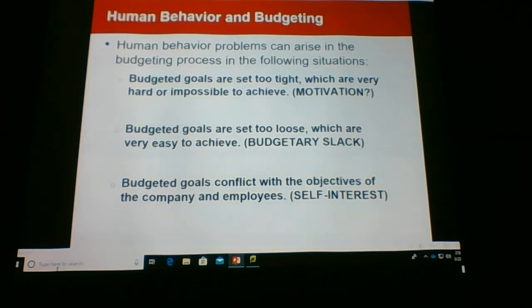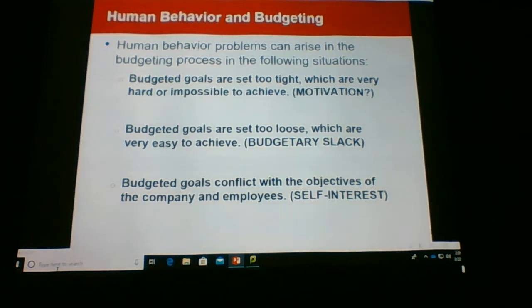So before we get too much into the nuts and bolts of the budgeting process, we do need to understand that there's a saying, be careful what you wish for because you just might get it. And so when we talk about budgets, we are talking about a plan. We are talking about goals for the company, much in the same sense that you have studied these concepts in other non-accounting type classes. All right,